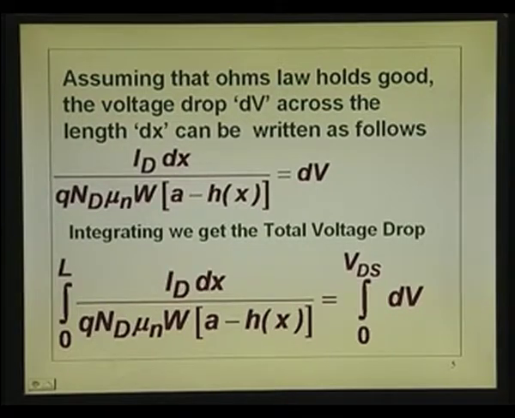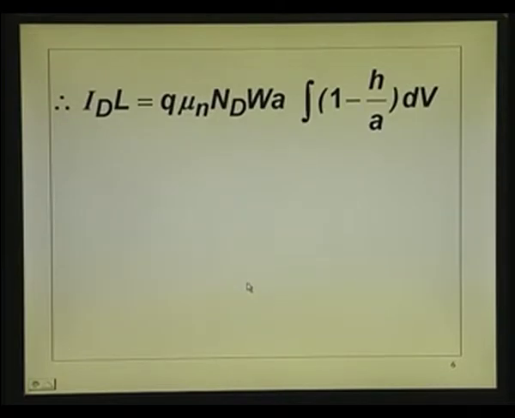you see this particular term h of x. H of x is a function of x, no doubt, but it is actually a function of the voltage. More is the depletion layer voltage, more is h. So, this is a voltage dependent term. So, what I can do is take the entire denominator to the right hand side, put this term within the integral, because it is a voltage dependent term, and on the left hand side I can retain just I d into d of x. So, left hand side when I integrate from 0 to L,